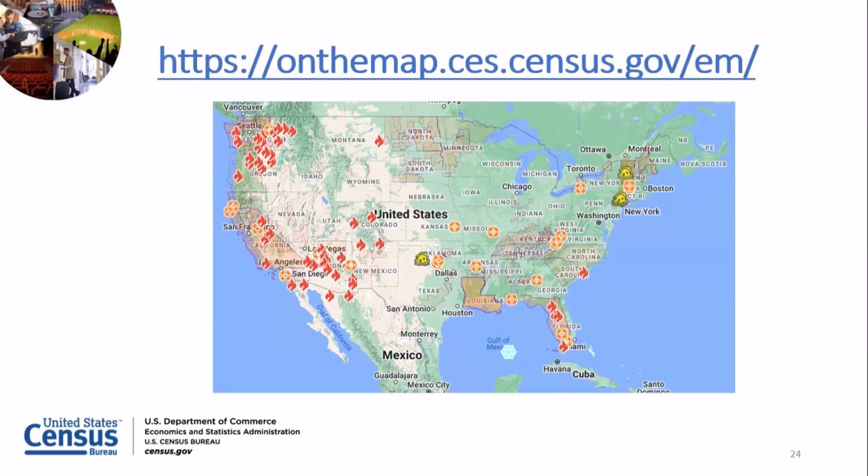We also have information that comes from NOAA, FEMA, the Department of Agriculture, Department of Interior, so that we can look at fires and FEMA disaster declaration areas, floods, and we can also see hurricanes as they're coming up the coast and seeing what the impacts might be. So just to let you know, I will be doing another webinar on the On the Map for Emergency Management, and I think that is on August 10th. So hopefully you can join me again for that webinar.